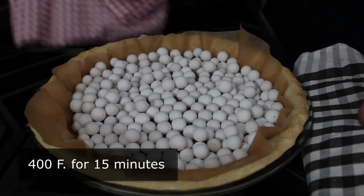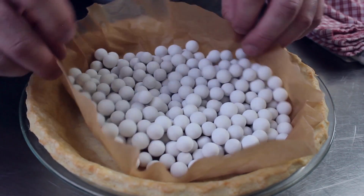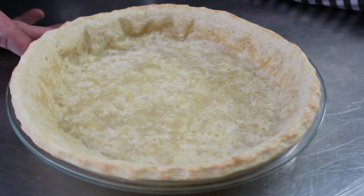And after 15 minutes, we're going to pull it out. We'll let it cool for a few minutes. We're going to carefully remove those baking weights. And then all we need to do is let that sit, continuing to cool, while we make our ricotta filling,